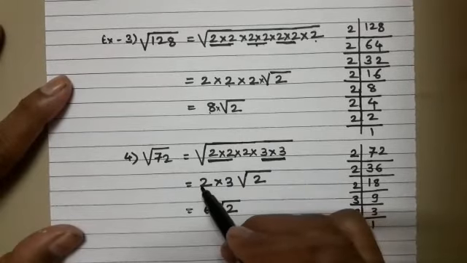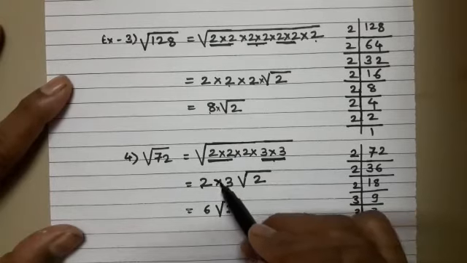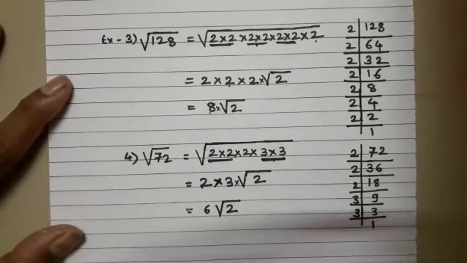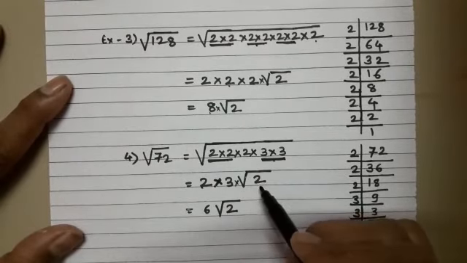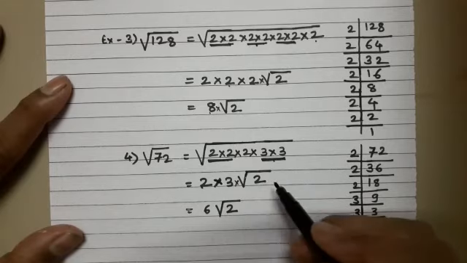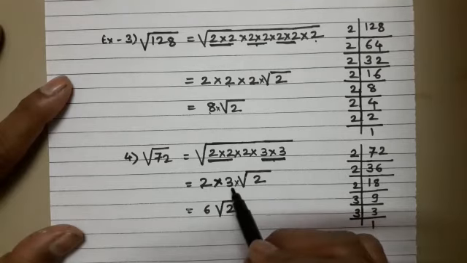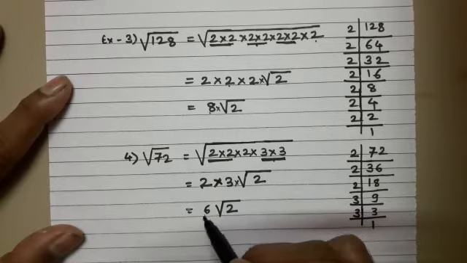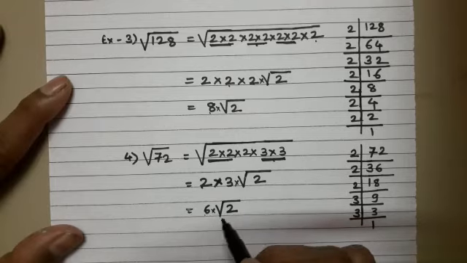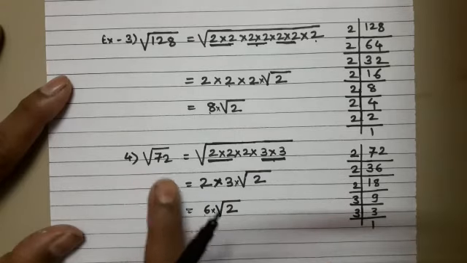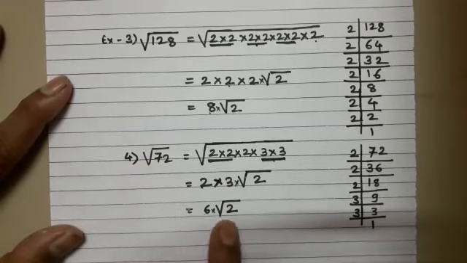For this group, take a single. For this group, take a single, in multiplication. The square root remains with this 2. We do not factorize this again. It has no factor which is the square of any number. Do the product of these two numbers which are outside of the square root. 2 3s are 6. 6 into square root of 2, that means 6 square root of 2, and it is the simplest form of the given surd. The given surd and this simplest form, these two are equal.